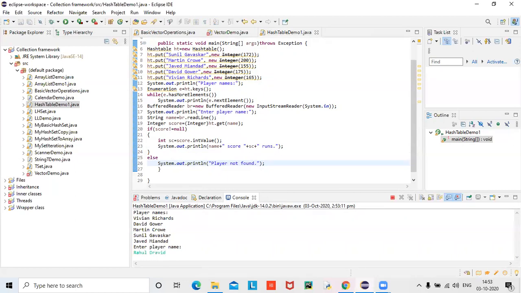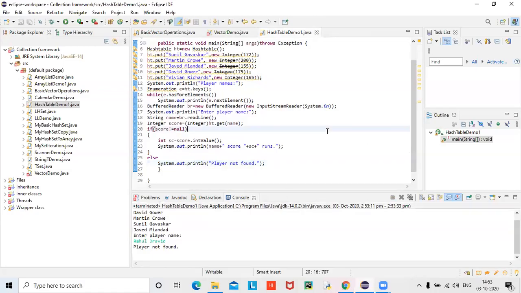No Rahul Dravid in the list. Player not found. Right. That's it. It will work. It will work.